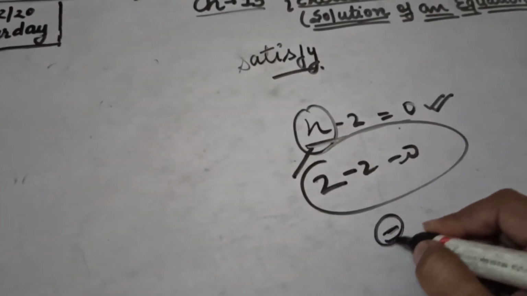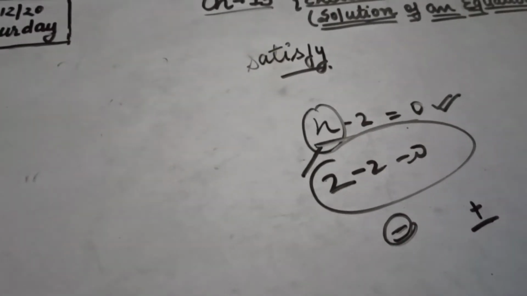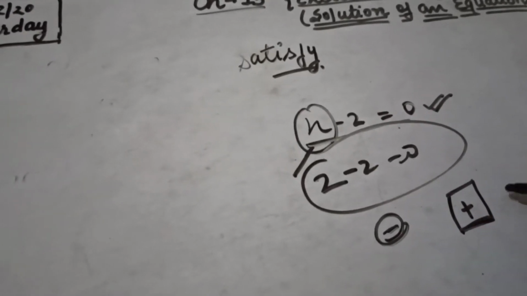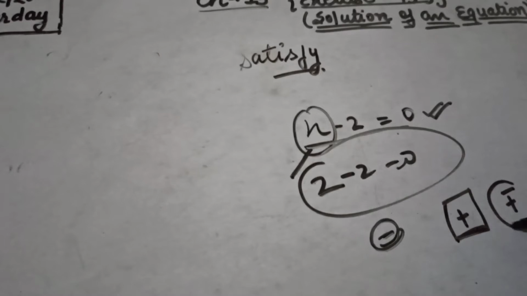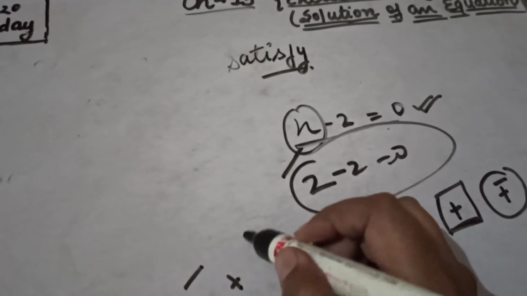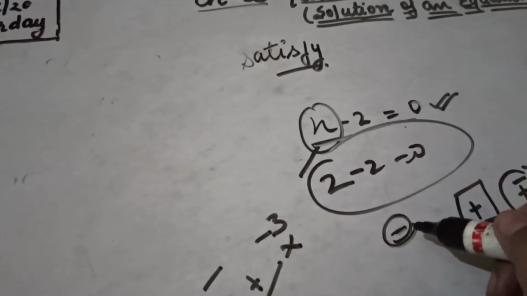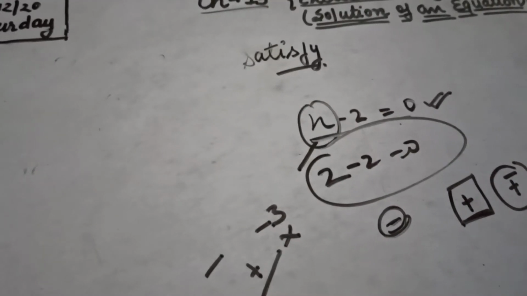One point also, if the solution comes in the negative form, then you will write it in negative form. Don't change it into plus, beta, because when we find the solution of the equations, the signs matter a lot. If minus, then put it minus. If plus, then keep it as it is. Don't change the sign. Don't get confused that a solution cannot be negative, that it is always positive. If your negative value has come, so it is wrong. No. The solution can be negative also and positive also. Right? Now, this is about what we mean by the solution of the equation.